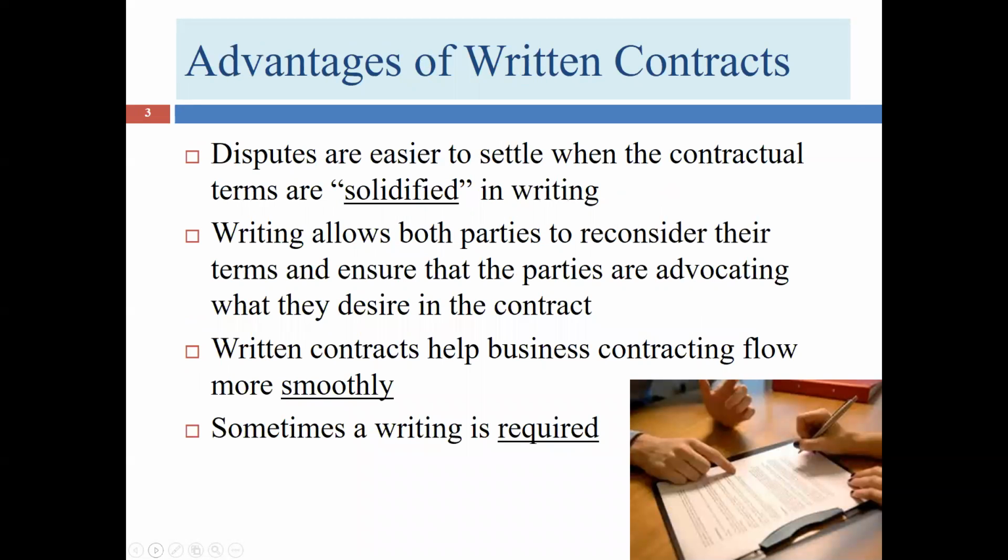So as I said before, we're going to focus on written contracts first. Let's talk about why we prefer that contracts be in writing. Well, imagine that I enter into an oral contract with Bob. I am going to buy, we'll say he has a bakery, and I'm getting married, and he's going to make my wedding cake, and I'm going to pay him $500 for the wedding